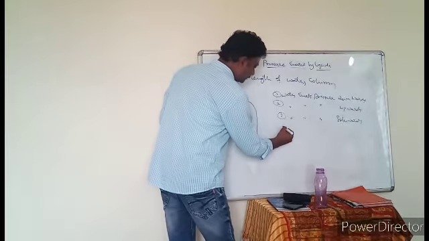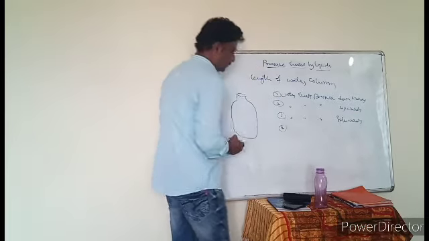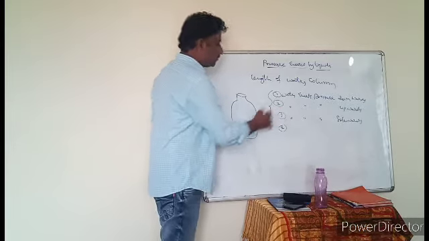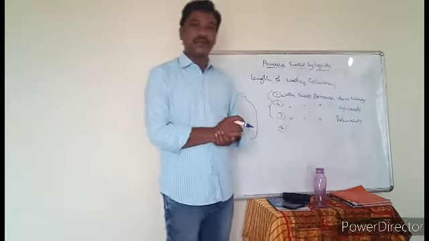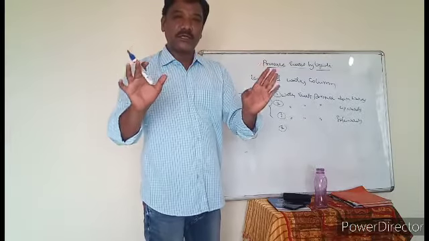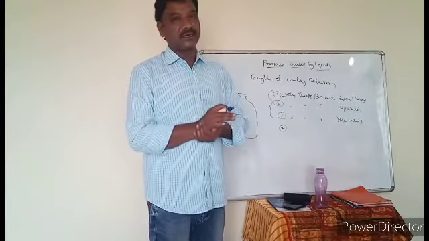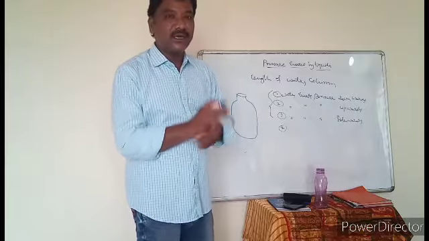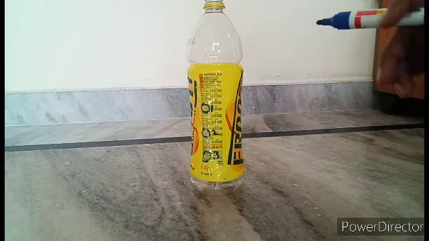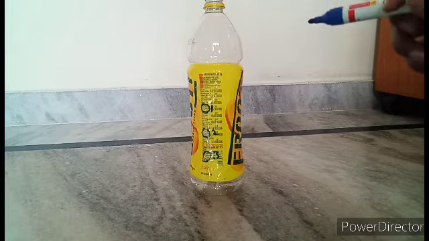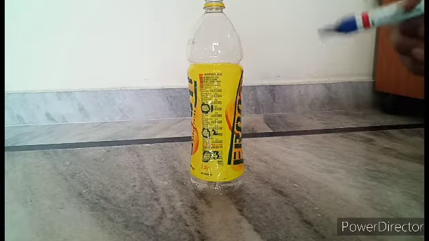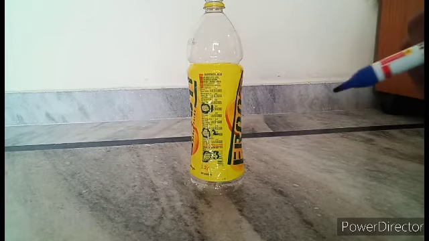Next one, the fourth one, what is this? So by these three examples, we can give one direct statement, a conclusion. What is that? Water can exert pressure in all the directions. Students, now we are discussing the pressure exerted by liquids. Pressure exerted by liquids depends on the water column.